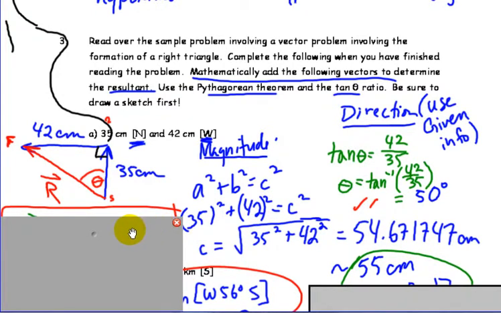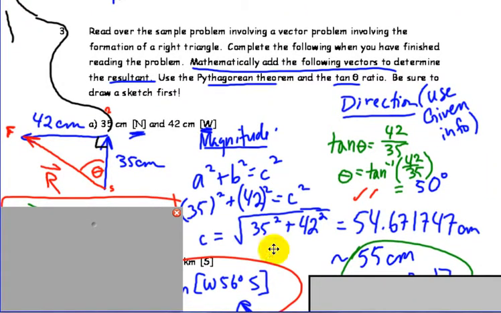If we take a look, we have the angle here. 42 represents the opposite side, 35 is the adjacent side, and the resultant is the hypotenuse. So we know the opposite and we know the adjacent. If we use tangent, we'll be able to figure out what the angle is. So tan of theta equals 42 over 35. So theta is equal to the inverse tan of 42 divided by 35, and if you type that in your calculator,